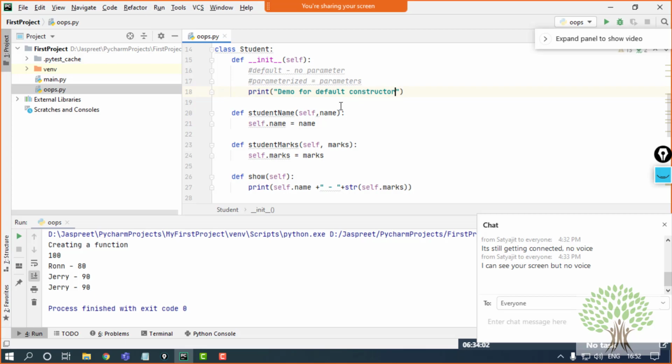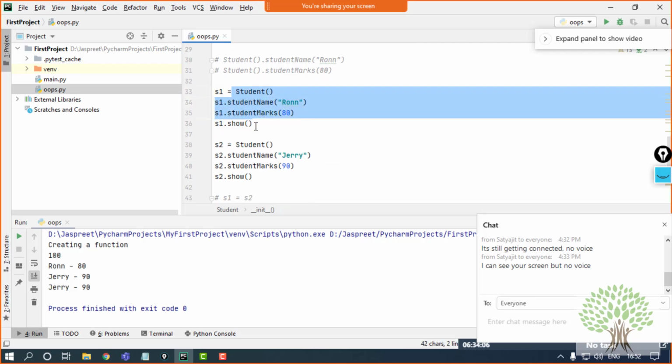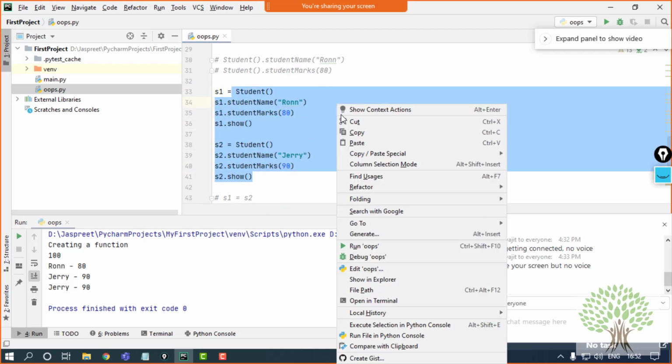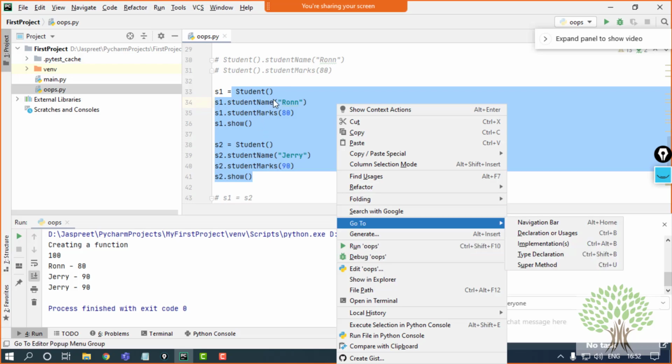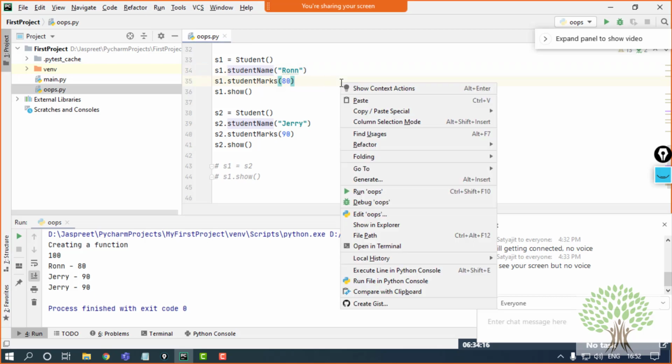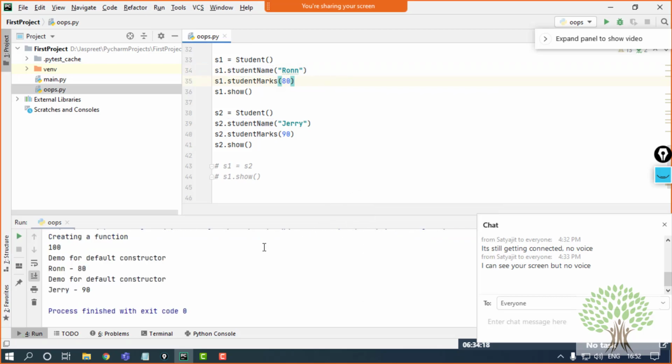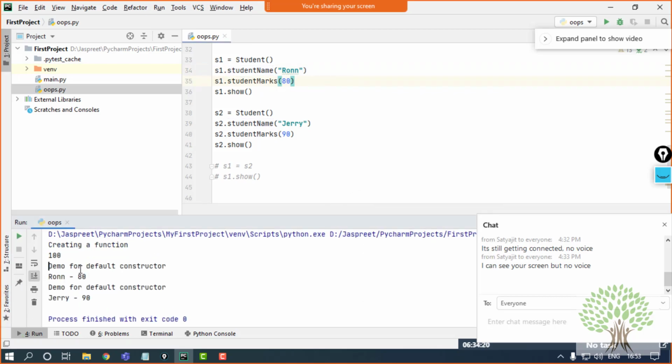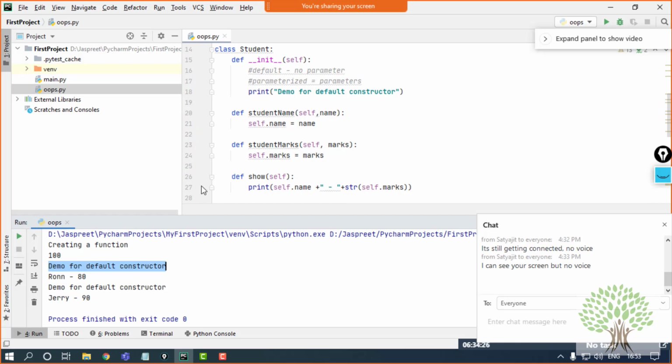Now if I run this, I have not made any change where I created the objects. I have not even called this constructor anywhere. I just will call this. You can see that the print statement I gave in the constructor has been printed in my console.